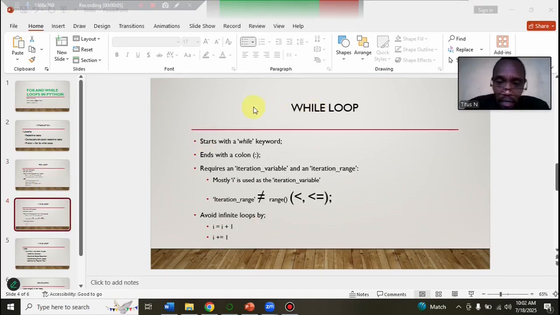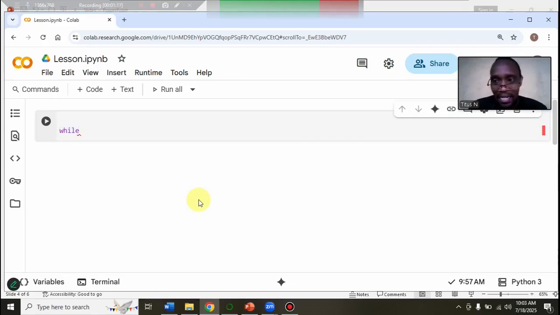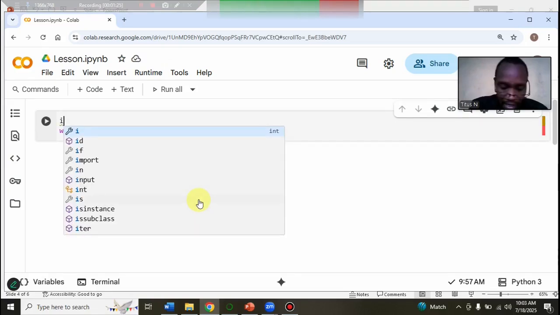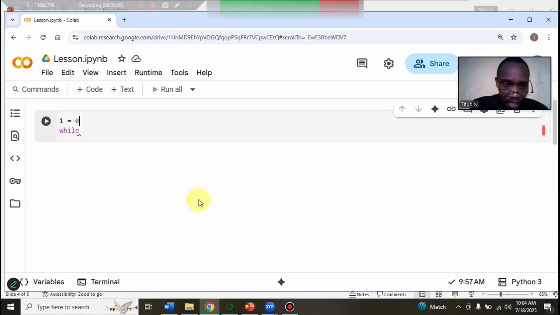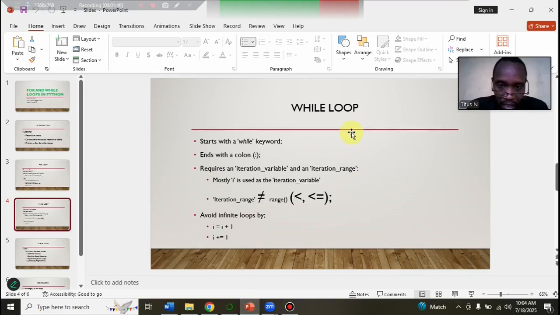So basically a while loop, like the for loop, starts with a keyword, and in this case the while loop starts with the keyword while. But before that we need an iterator variable. In this case our I is not going to be within the while loop, so we can set it outside the while loop. So we can have our I, and we can set it to 0. We are going to say that while I, like I have indicated on the slide,